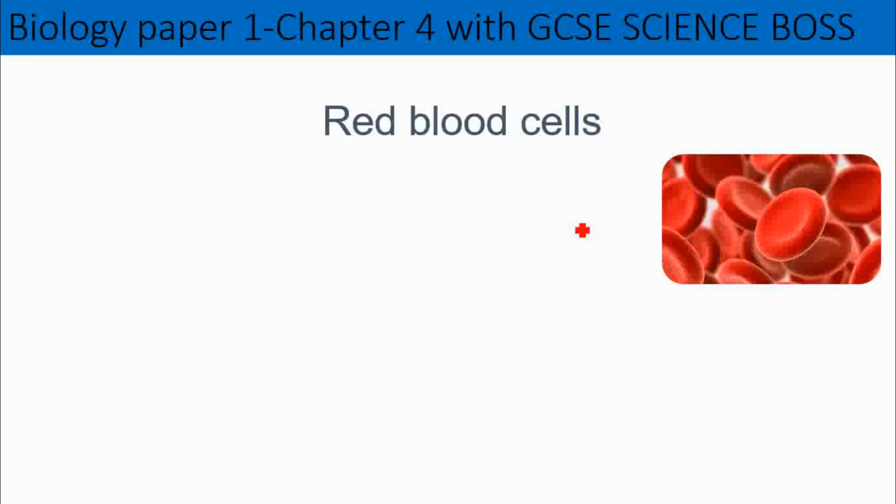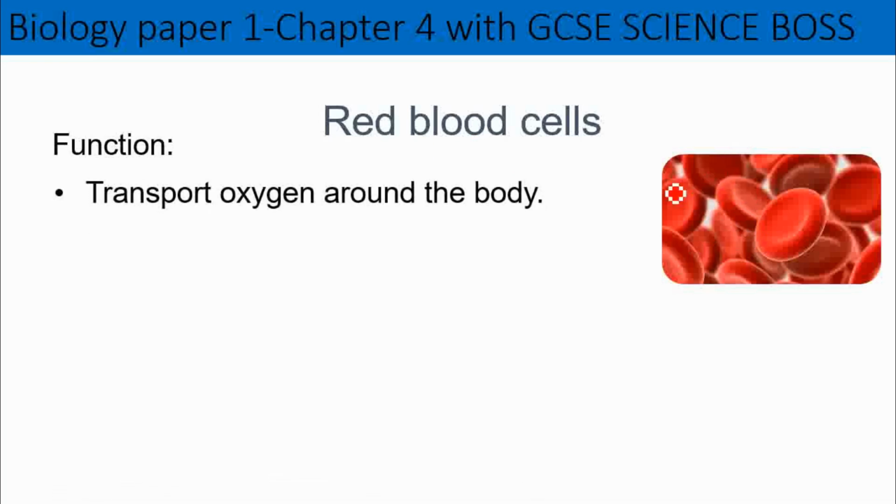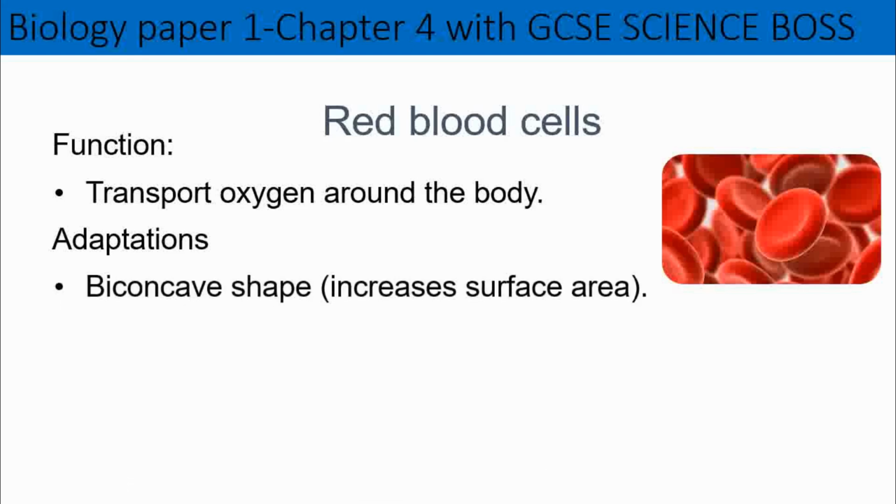So the first thing that we're going to be looking at is the red blood cells. Now you can see the diagram here, and the function of the red blood cell is to transport oxygen and also carbon dioxide around the body. Too easy. Now it has some special adaptations, and what that means is how it is fitted for its function. So the first thing is that it has that biconcave shape. If you have a look at the shape here, it has that biconcave shape, and the reason for that